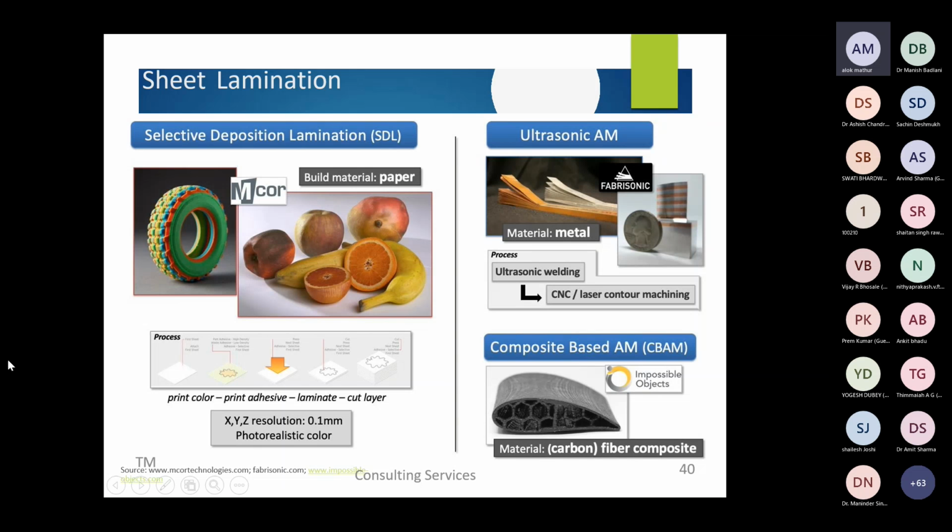Different products, which are prepared. These are some components produced with this method, sheet lamination.